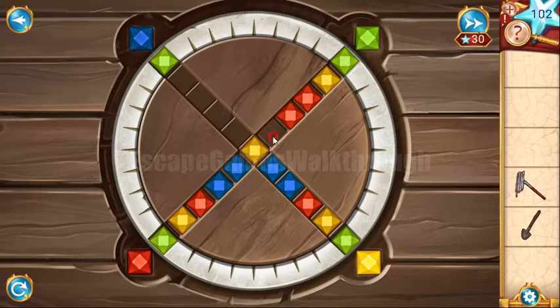So first let's free all this passage for the blue gems. All the blue gems are already on their positions. Next, what do we have? We can place most of the red gems to their positions, like that. Then green,